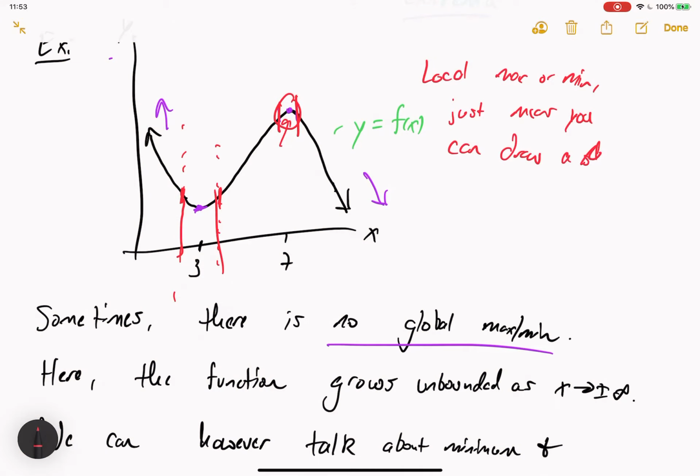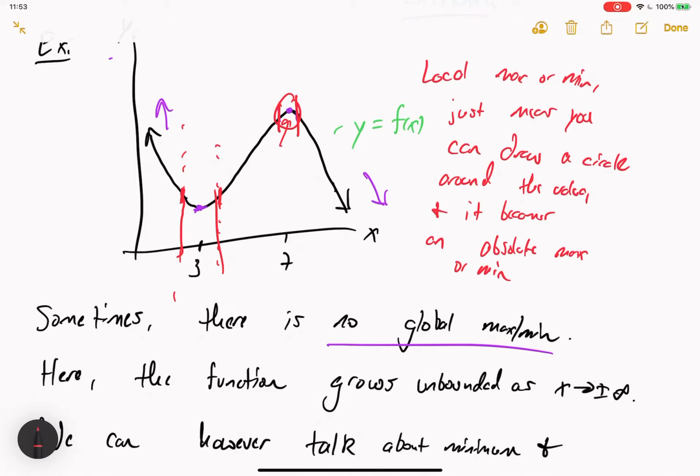I'll just say draw a circle, because a circle is technically how we define these things. So you draw a circle around a value, and it becomes... All right. So what that just means is that, especially when it comes to the word local,